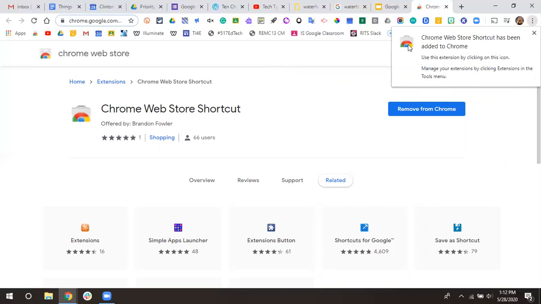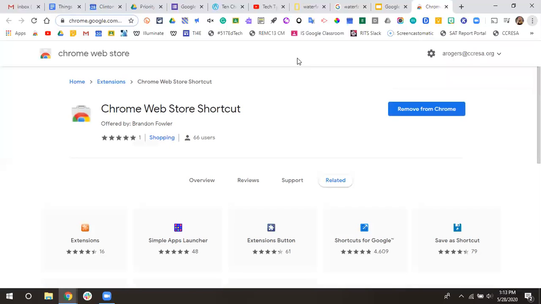You just need to click this icon to access it. And again, to manage your extensions, click Extensions in the Tools menu that I showed you before. Now, sometimes you'll add extensions and it will ask for more, like, do I have permission to access whatever it is that they need? And so, again, as long as it's a reputable extension and you're comfortable with that, you can go ahead and